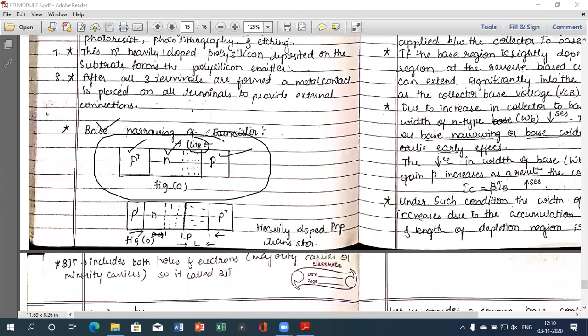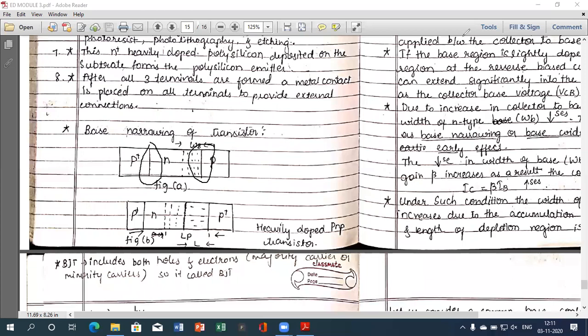First, we will assume that this PNP transistor operates in an active region. What I'm saying is that this is a PNP transistor, and we will assume that it operates in the active region. Then we will check what happens to the junctions. There are two junctions here. First, we will check what happens to the junction in the active region, and what happens if the voltage across the junction is increased. This is what we are going to discuss, and how it affects the base of the transistor.